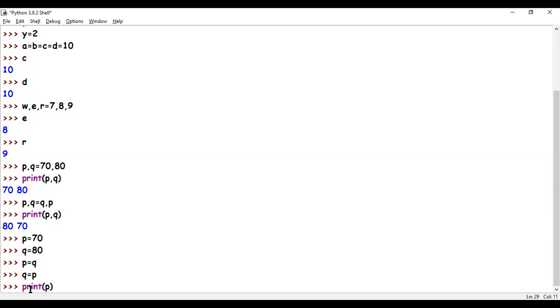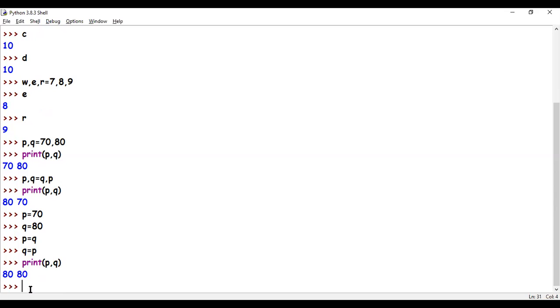Both of them will have the same value. Yes, because when I did P equals to Q, the value of P changed in this sentence, and then the new value went to Q. But over here, when I did it in one sentence, this was still the old value. It had not completely evaluated the sentence. This is very important to understand.